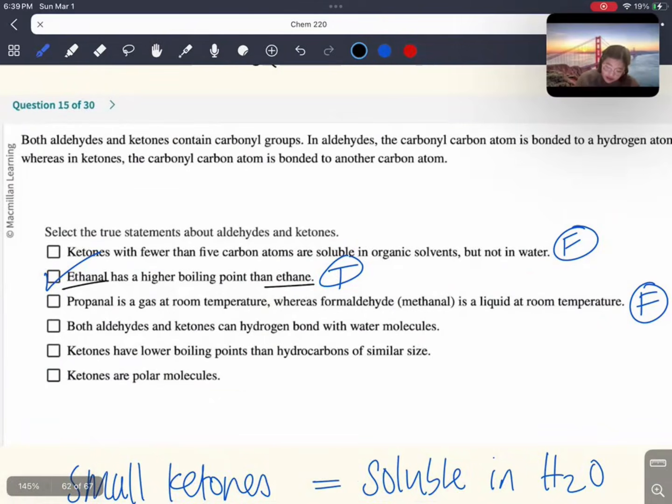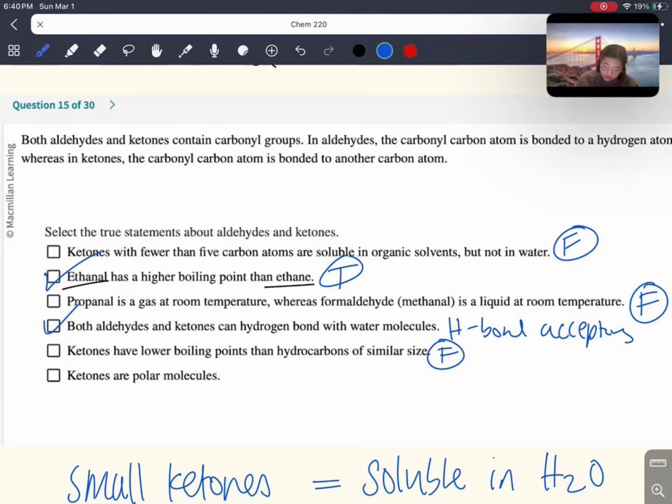That is correct because they are both polar molecules. They can hydrogen bond with water. They are both H bond acceptors. So that's true. Ketones have lower boiling points than hydrocarbons of similar sizes. So this is false because